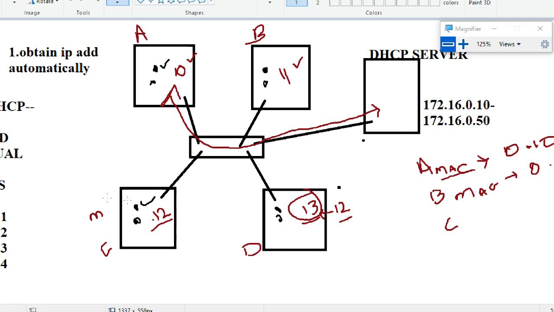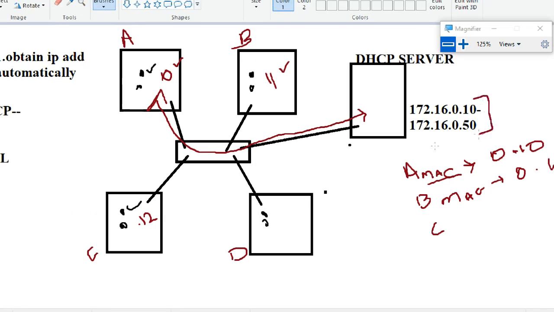If you assign manually, it is better not to assign within the range. This is a range 10 to 50. Better here to use 51 or 60.